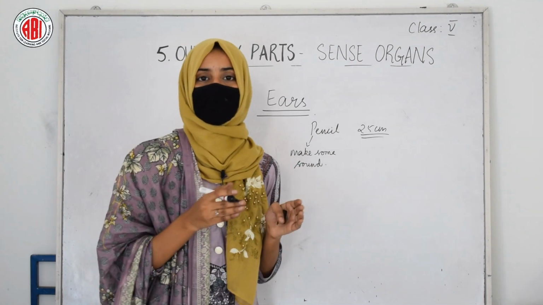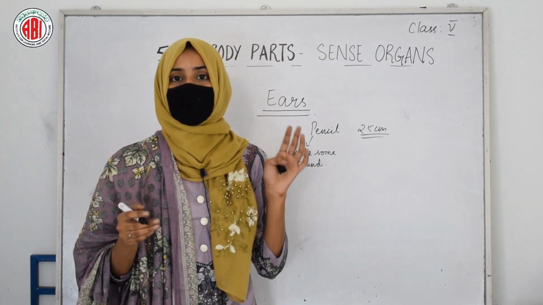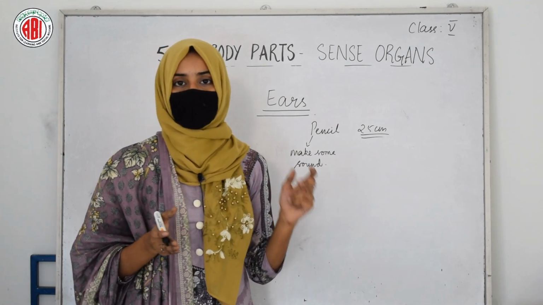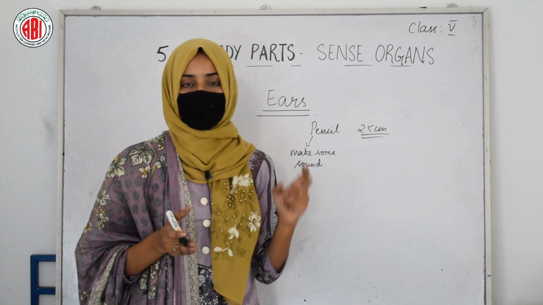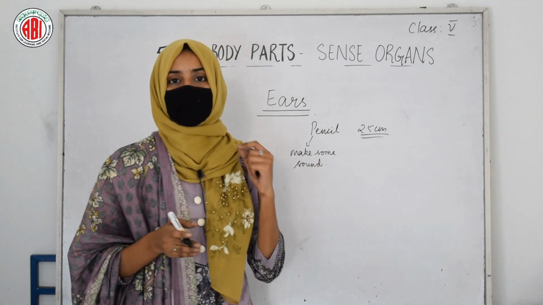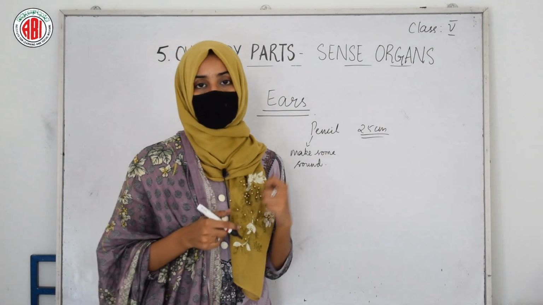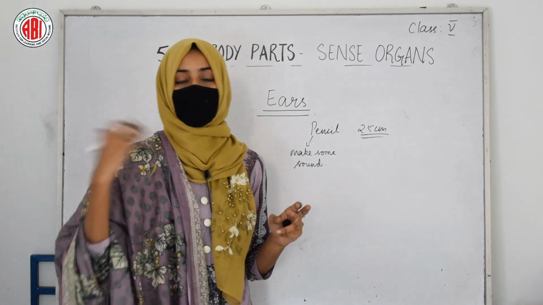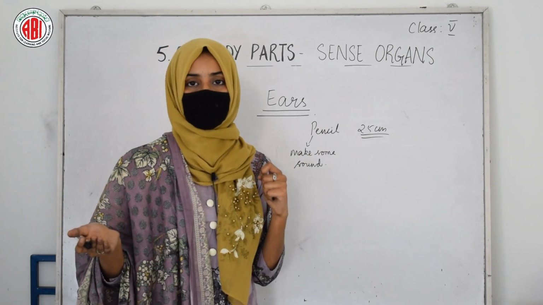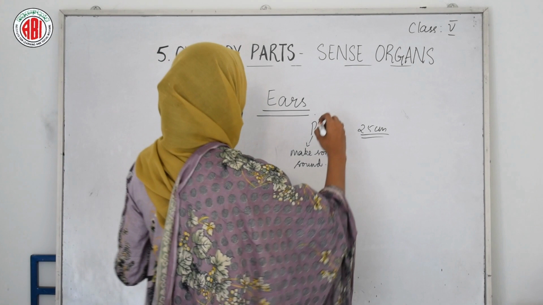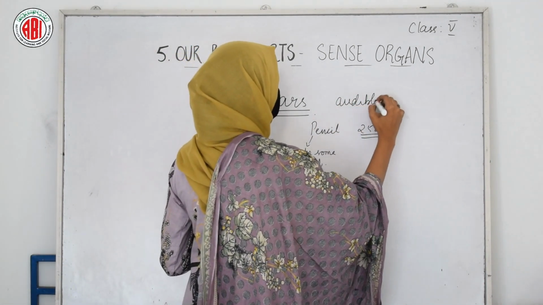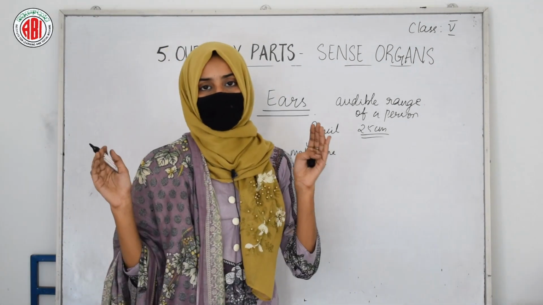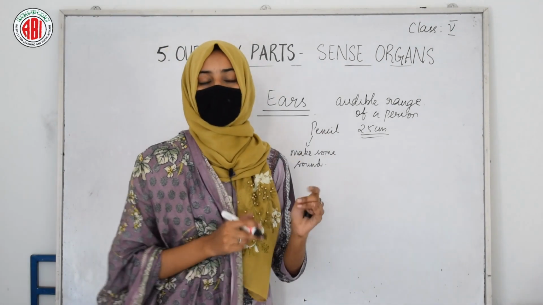As soon as you increase the distance from your friend a little bit, the sound is going to decrease. And every time the sound that is heard by your friend is going to decrease. So note down the sound which can be heard by your friend at each distance. Till what distance he or she is able to hear, that range is called the audible range of a person. ठीक है, तो 25 सेंटीमीटर के डिस्टेंस पे आपको ठहरना होगा आपके फ्रेंड से दूर, और वहाँ पर